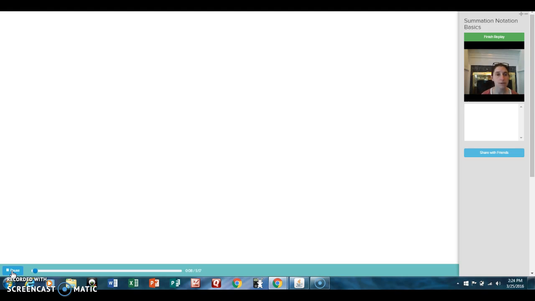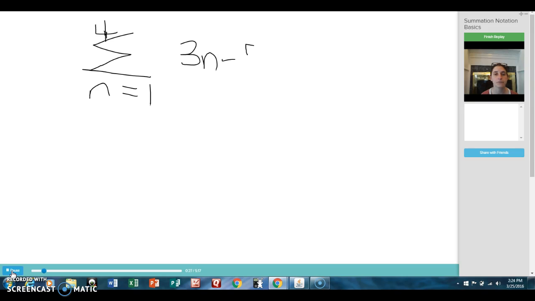When we write things in summation notation, we're talking about a series. We use the Greek letter sigma to represent sum. There we go. That's a 4, and then some kind of equation would go over here, maybe 3n minus 5. What this notation is telling us to do is to plug integers into this formula, starting with 1 and ending